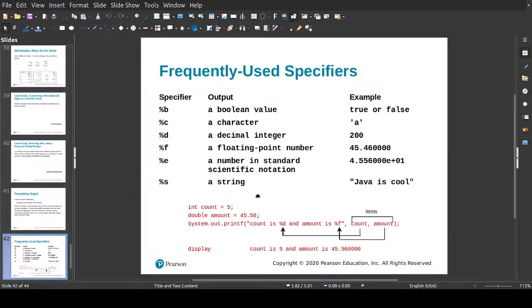And so when it goes to print out, it'll say count is whatever's within the value for %d here, which is 5, and amount, and it will automatically do a set amount of decimal places. So this gets really, really nice. If you remember the table of values that you did for the powers, right? You could now do one line,